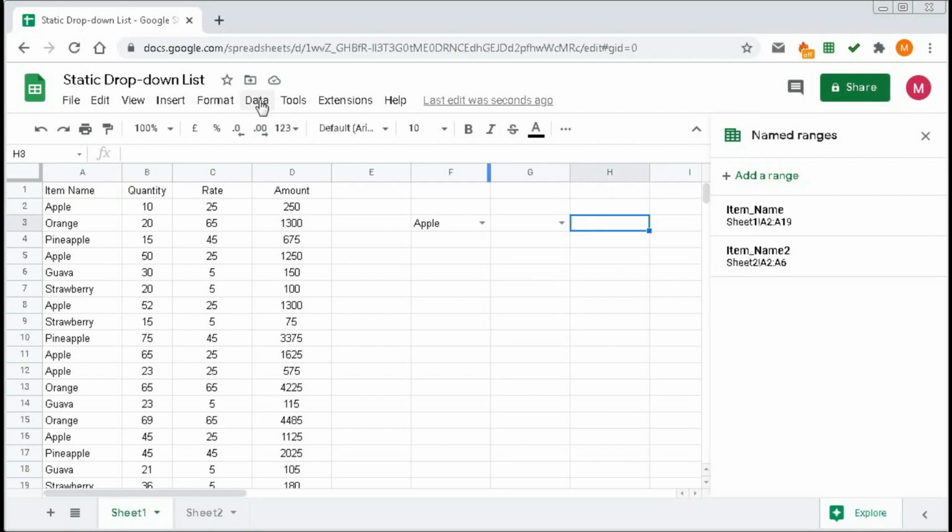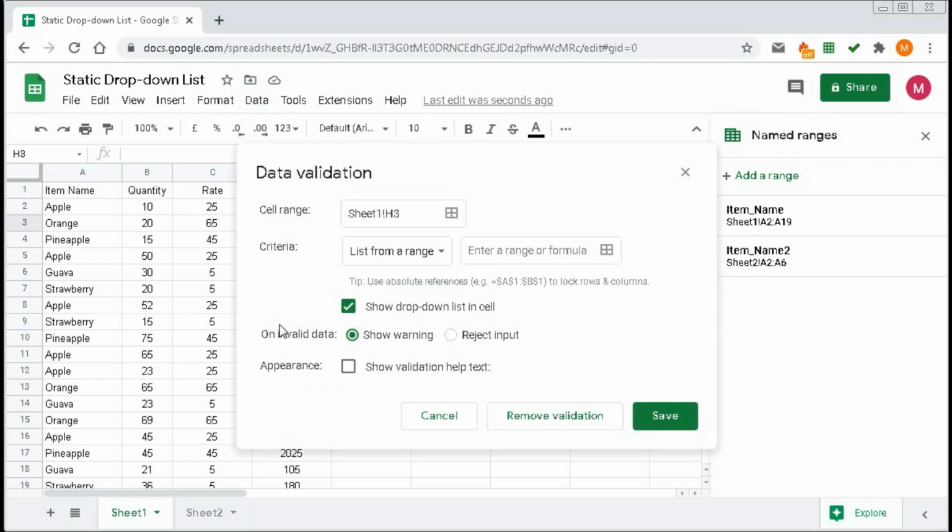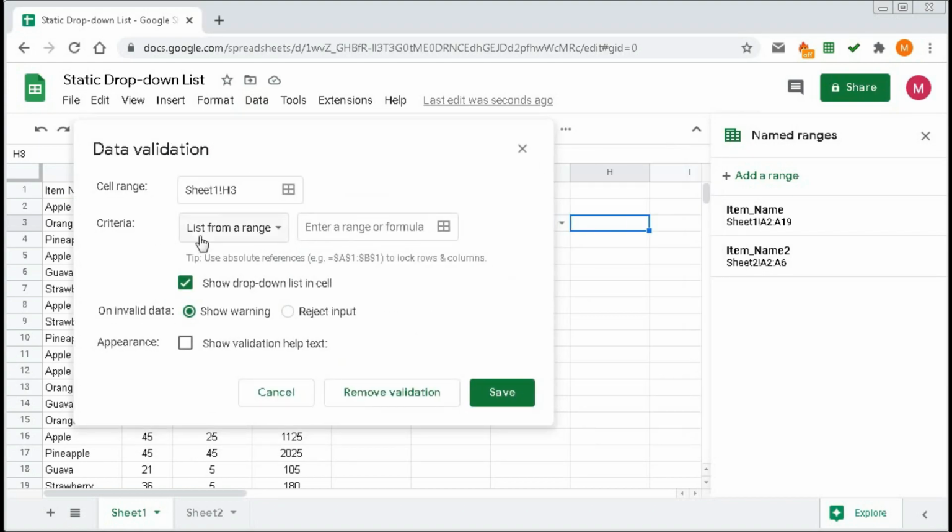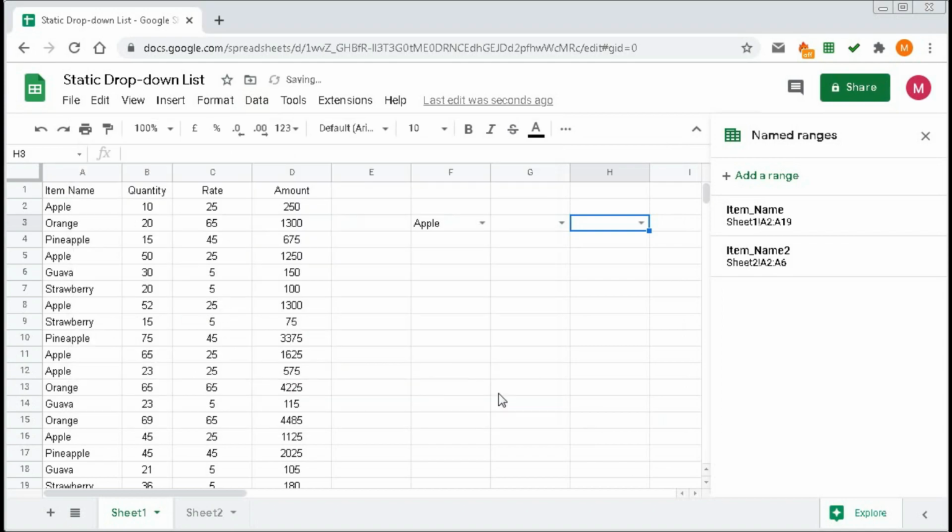Click here, go to data validation, select list from a range, and within the range type here item_name and then click on save. Here you can see the same list appeared.